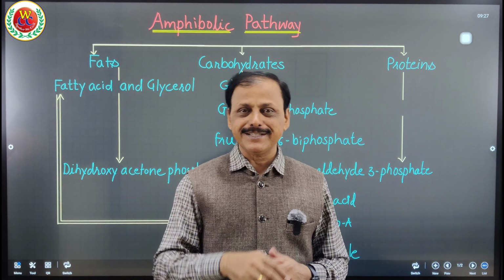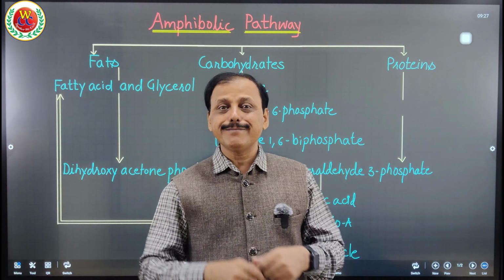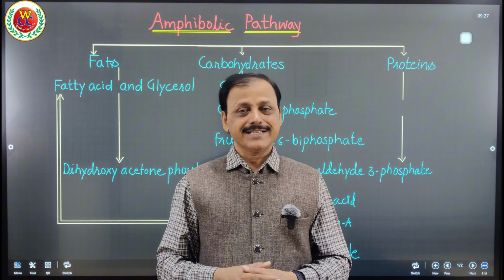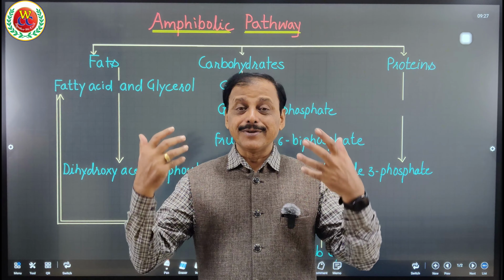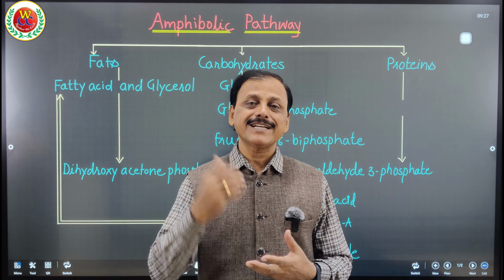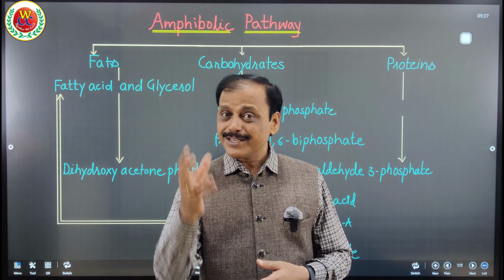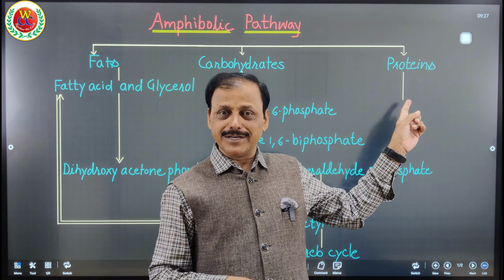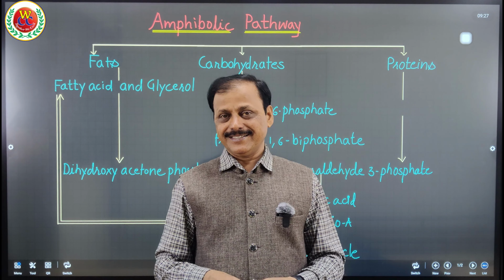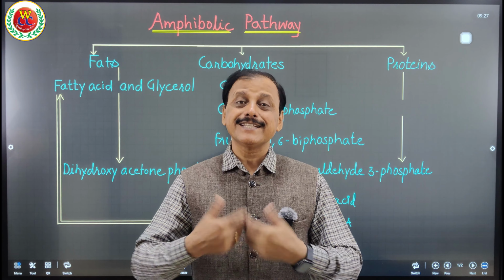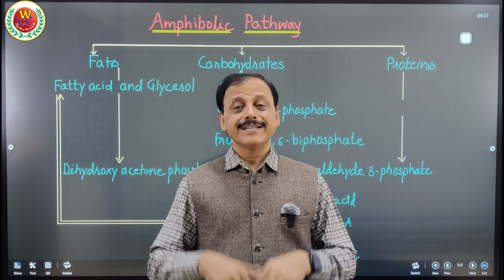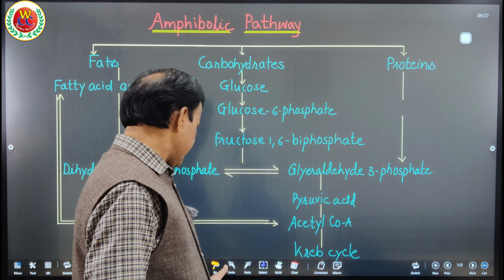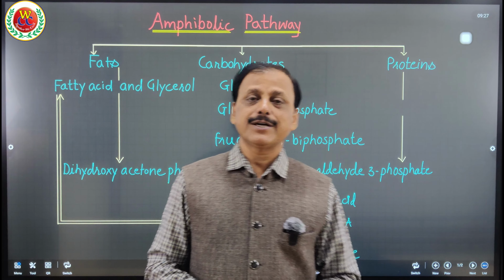When fats also get finished, then our cell membranes begin to digest, and that is what we call, I am on dieting, weight is reduced. That means cells start dying. So your weight reduced means your cells have died. Why? Because protein, cell membrane, organelle membrane, they are digested. So increasing weight is increasing number of cells, decreasing weight is decreasing number of cells, so protein also begins to digest. That is what happens as a part of respiration.